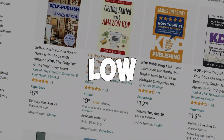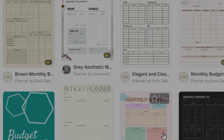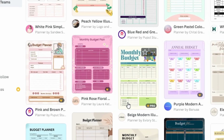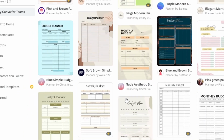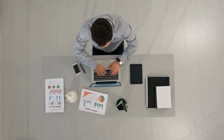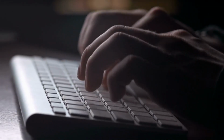They are called low-content books. These are journals, planners, notebooks, calendars, and other items where the client must fill out the interior. So, we are going to show you how to build a low-content book and the insider secret to how we create low-content books in just minutes so that we can have a number of books out there selling while we